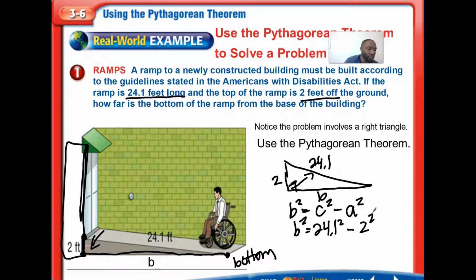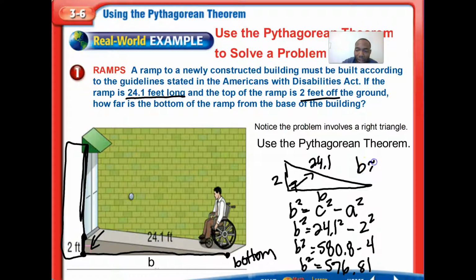24.1 squared is 580.81, and that's going to be minus 4. And then 580.81 minus 4 is going to give you 576.81. And now we take the square root of that. And it's approximately, B is approximately